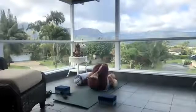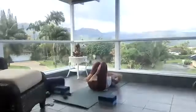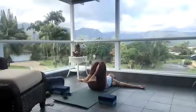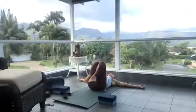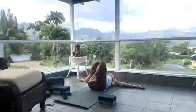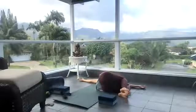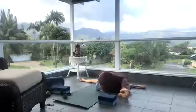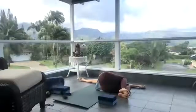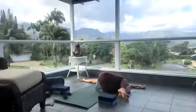Let the knees hover over your belly. And let's do this. Let's externally rotate the arms and open them out into a T. Rotation. Take a deep breath here. We're going to rotate our lower body. So the knees are going to fall to the left. Let them fall all the way so the knees stack on each other, and then rotate your upper body, so your head to the right, looking down your right arm. So now we're in rotation,